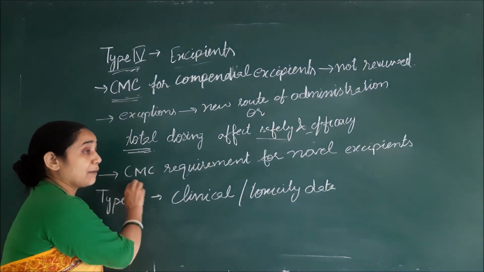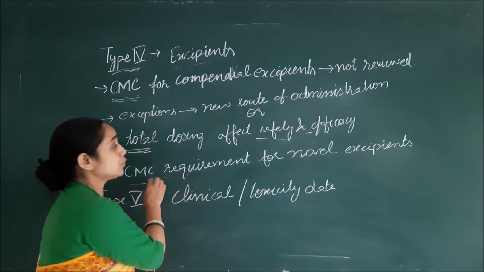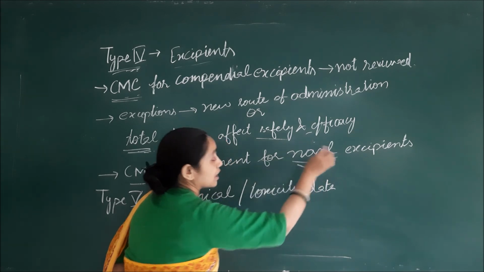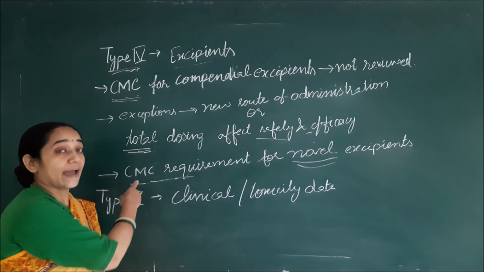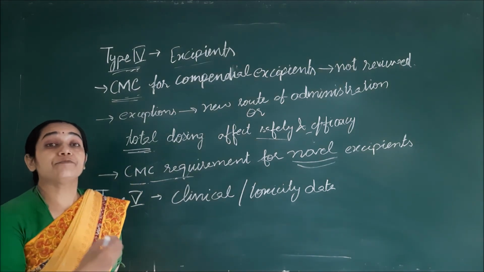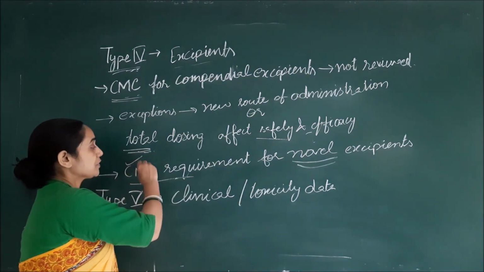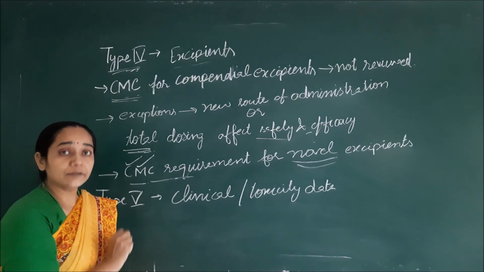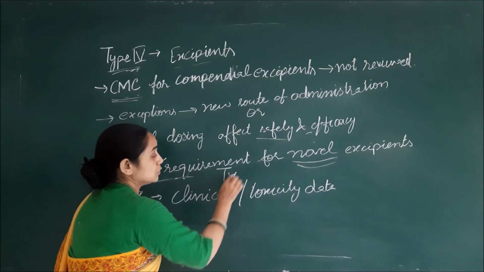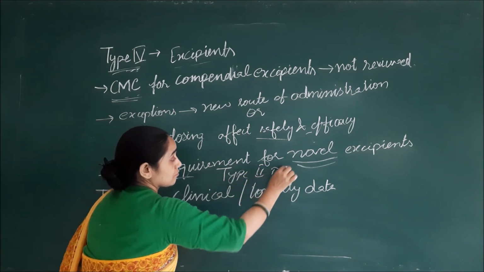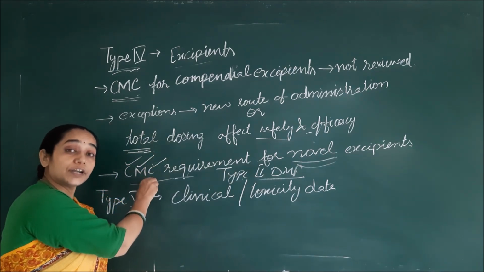And this is if any kind of excipient that will be used is newer in nature, meaning it is novel in nature, which has certain applicability also, then it will require the formulation of a type 4 DMF. In that type 4 DMF, we will supply all the chemistry and manufacturing part of this particular excipient and the control requirements as stated in the type 2 DMF, then it will be uniformly stated in this type 4 DMF.